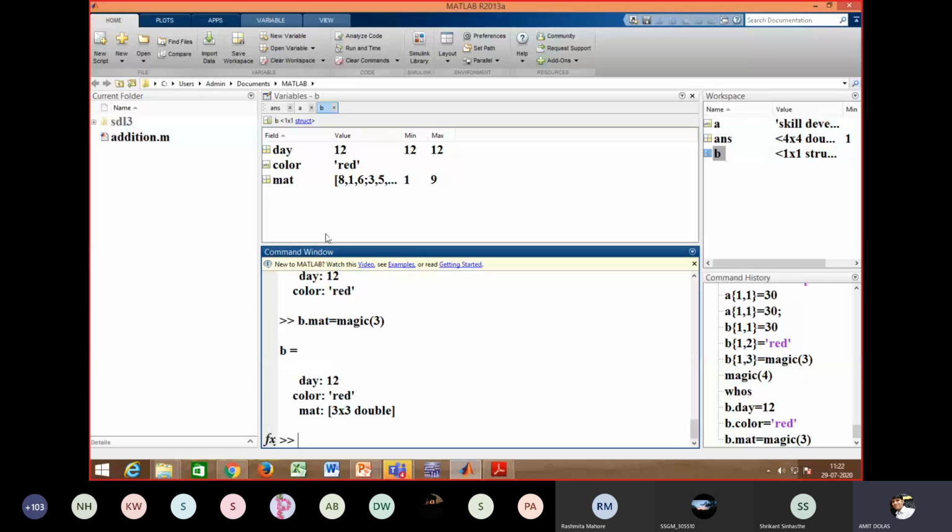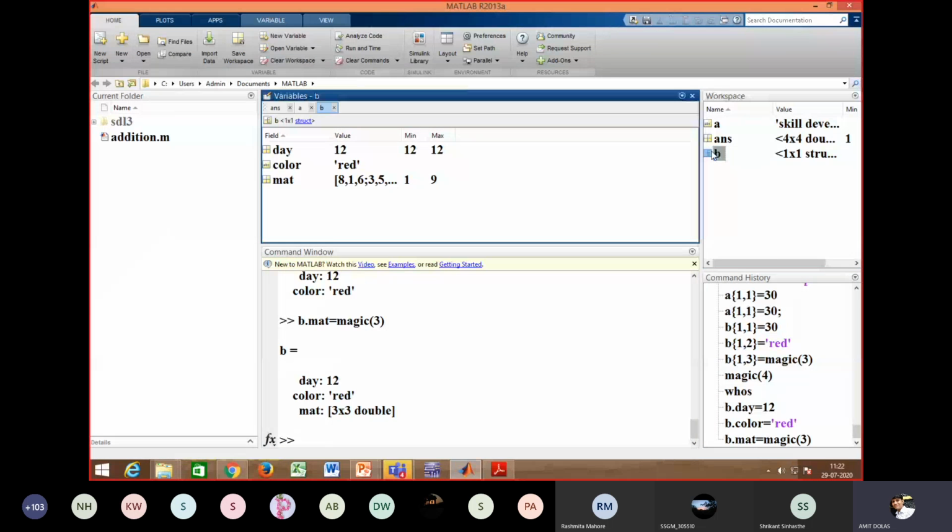So you can see here, now I have B. Initially, how was B? You remember that if I click on B in the workspace, it had a single Excel-sheet-like pattern, with 3 columns and 1 row.